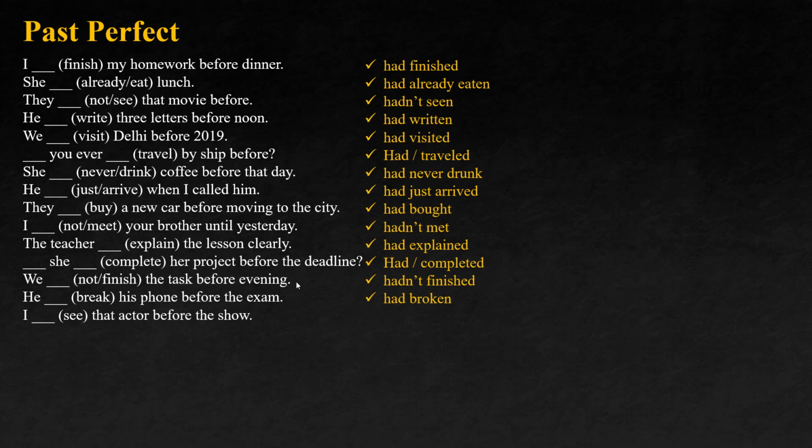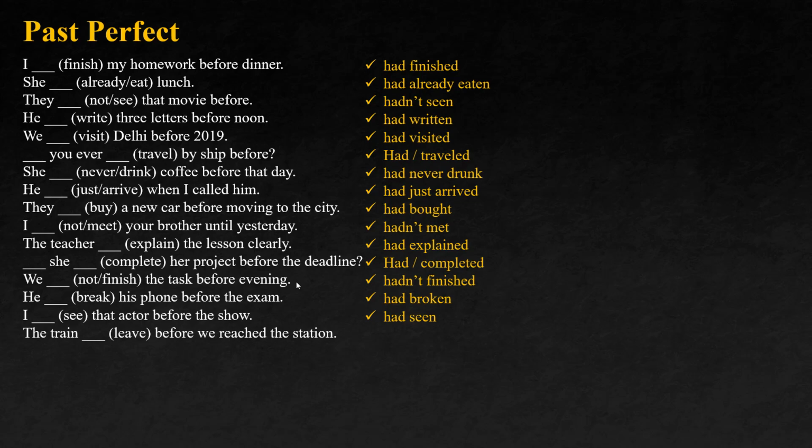Pallavi. I had seen that actor before the show. Pratham. The train had left before we reached the station.